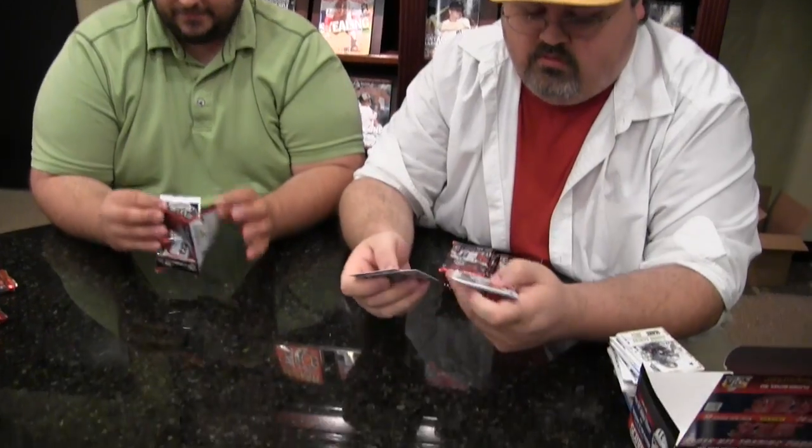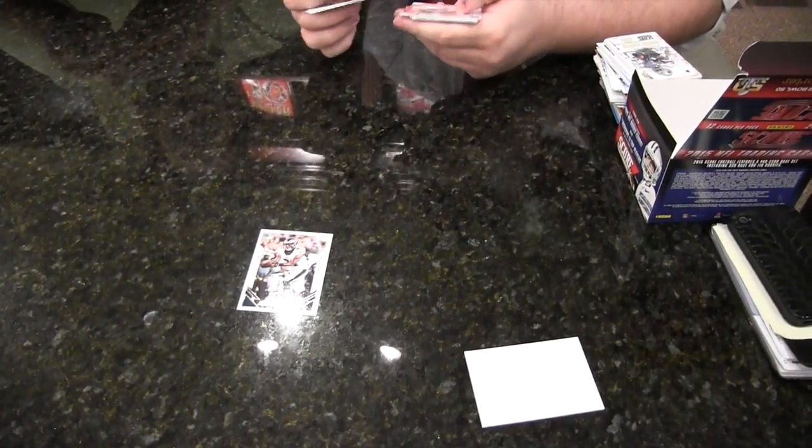Let's see. Jordan Matthews. I have his auto, even though it's not much to look at. Carlos Dunlap. I think I got an autograph. Oh, and I didn't. It was just a flipped over card. I got that same card flipped over. Joe Flacco. And it's just numbered to... Not even. Yeah, well, here's the Joe Flacco that...